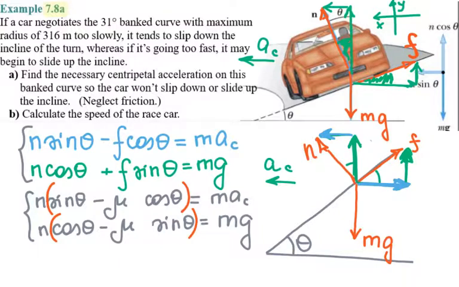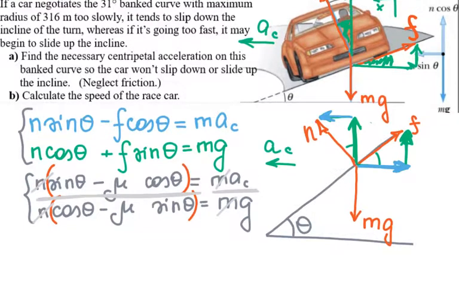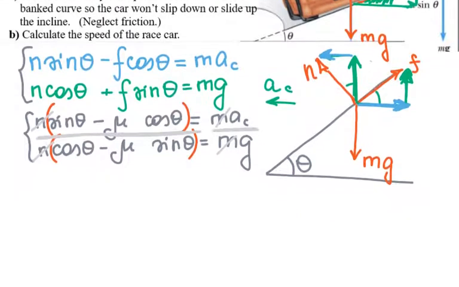And then I'm going to use this little trick: I'm going to divide the left and right sides of the equations by each other. Then n and n cancel, and m cancels. And what I have left is